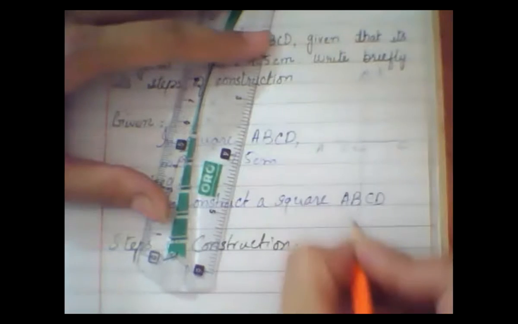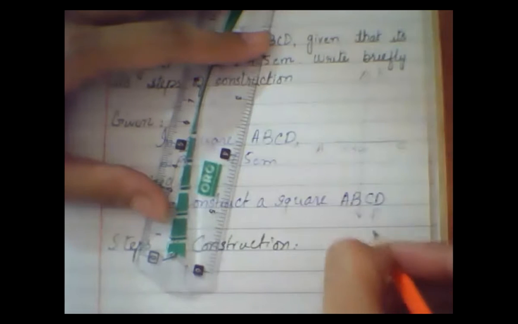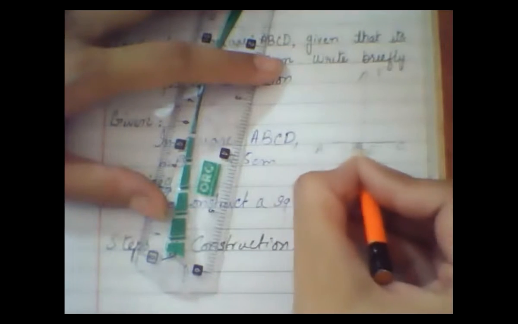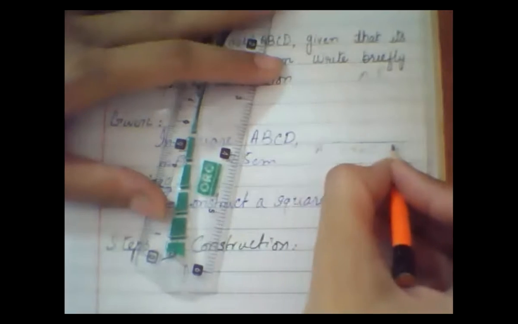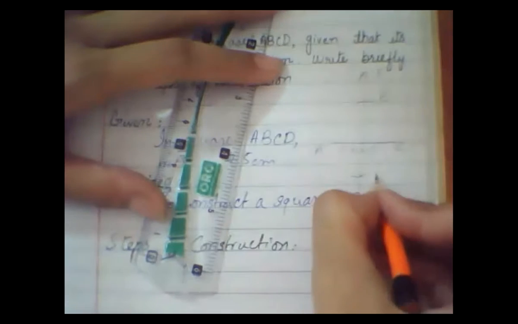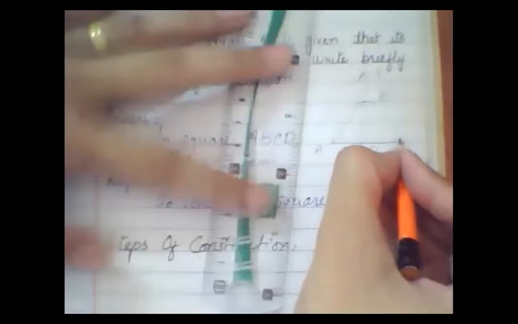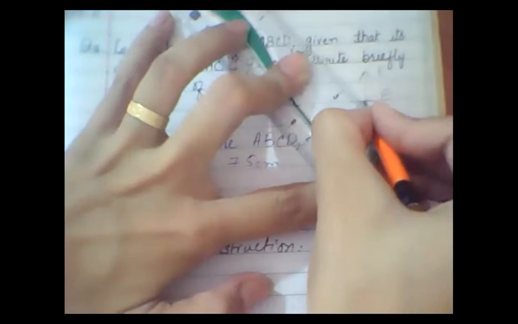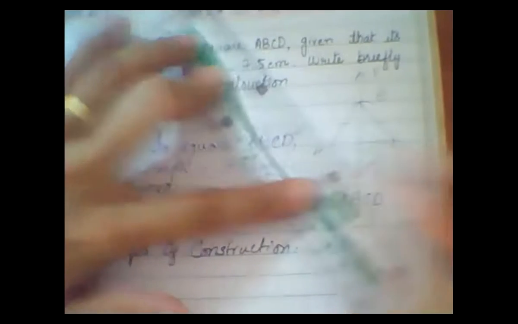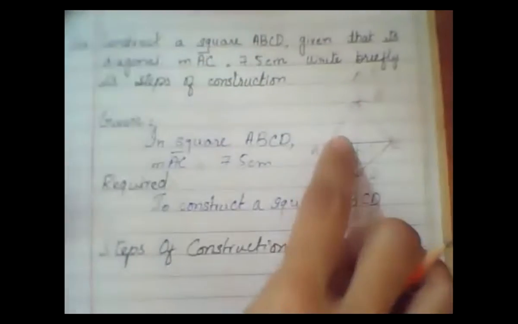This is a straight line, and it intersects at point O. Now with the measurement OA or OC, I have to draw two arcs on EF to get B and D, right? And then finally I have to join A to B, C to B, C to D and D to A. In this way this is a rough sketch. Now finally we are able to construct the square properly.